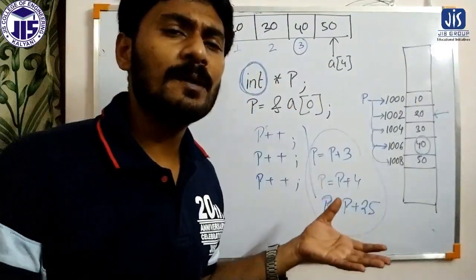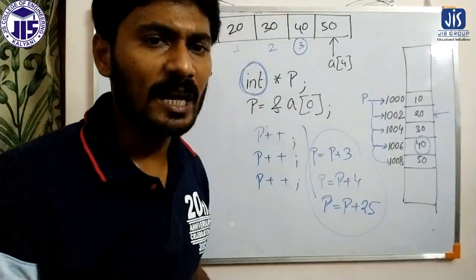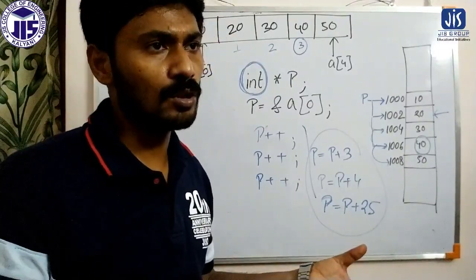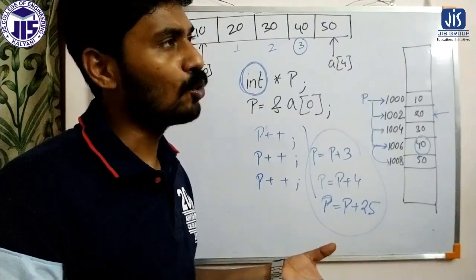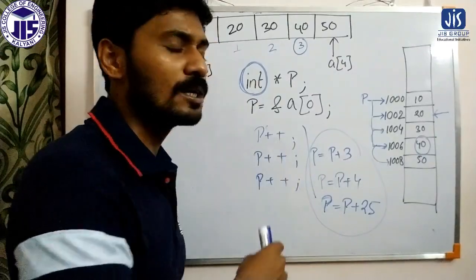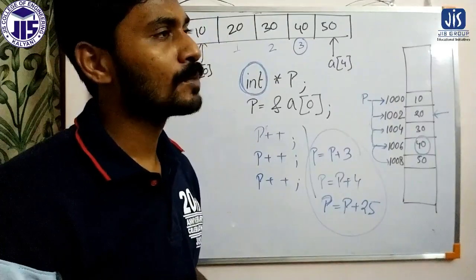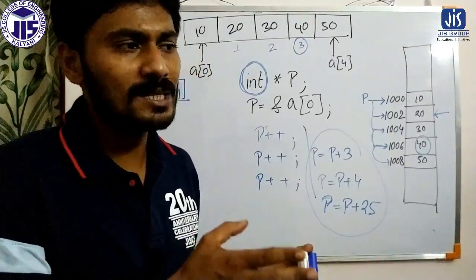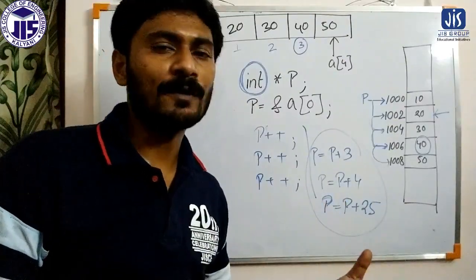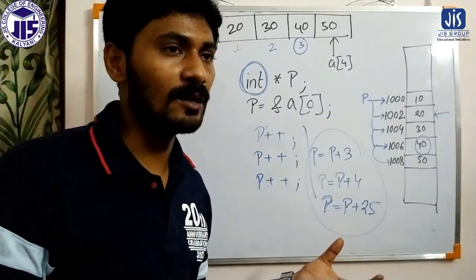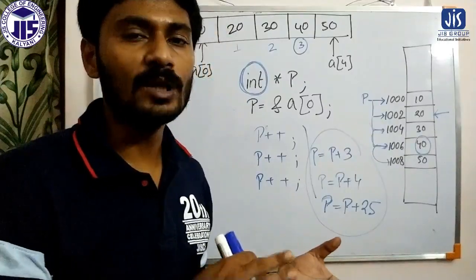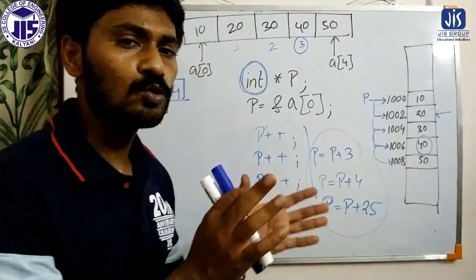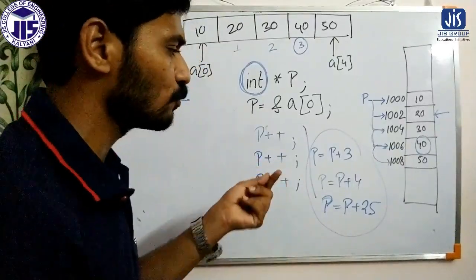Now the same concept is applicable in the case of a two-dimensional array and also a string, because a string is a character array that follows all the rules of any pointer, any array. Just one difference in the case of a string is that a string is terminated with a null character. Otherwise, how we perform operations on a string and how we declare a string is similar to the array. So this concept is applicable to strings and also two-dimensional arrays. I will give a very small example of a two-dimensional array.